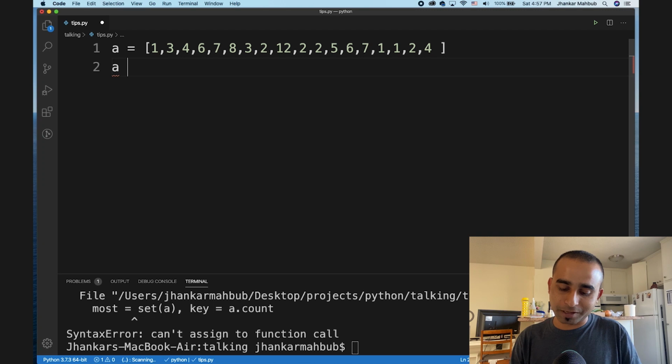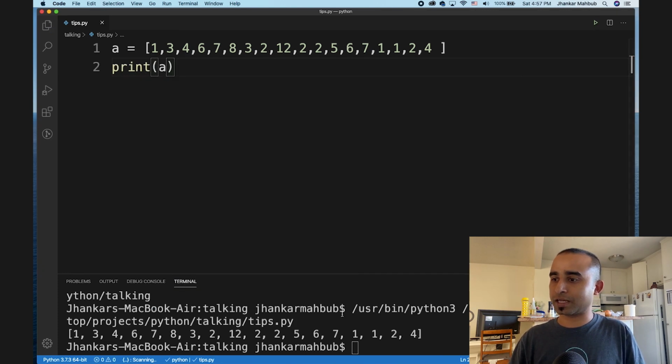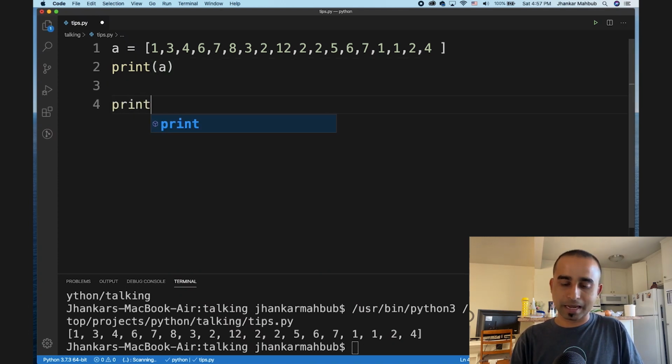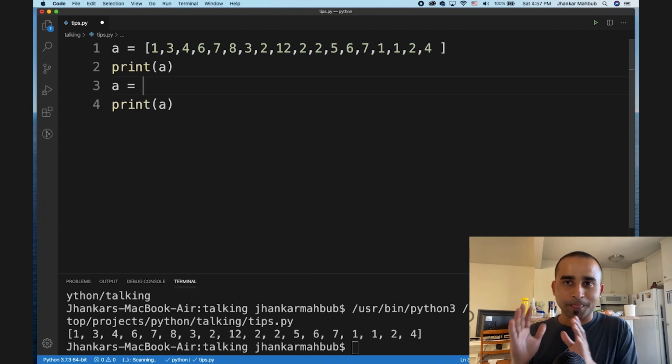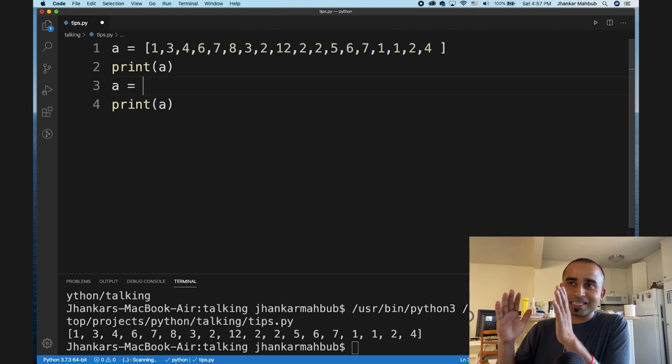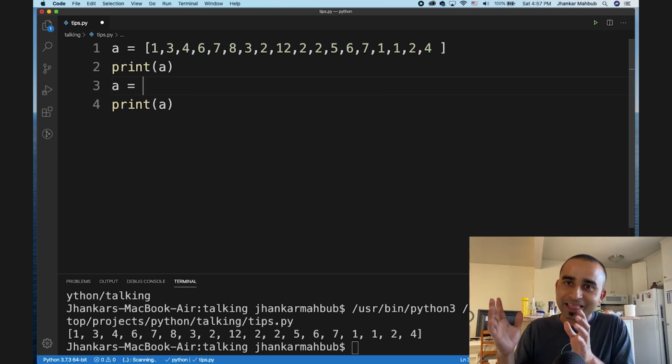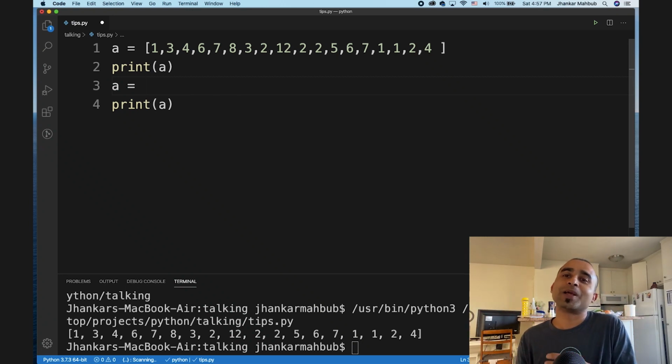Say for example here is your list A, and maybe we can do a print before. So this is the print of A, and at the bottom we see a huge list, and we want to remove the duplicates. The way we will do it is very simple. We convert this list to a set, because we know a set is unique, and then eventually convert it to a list again.